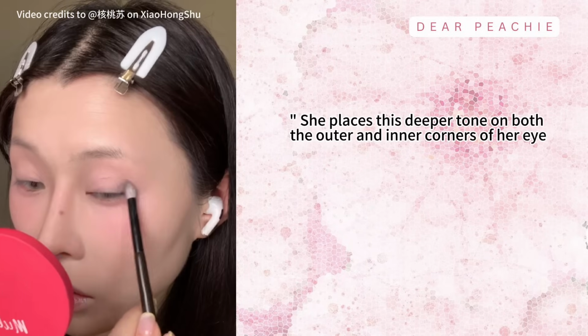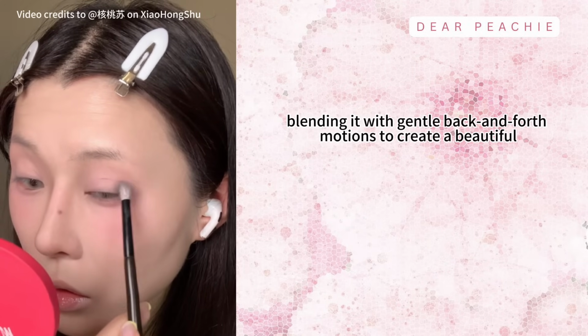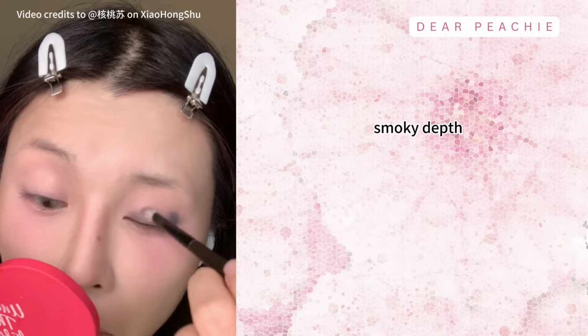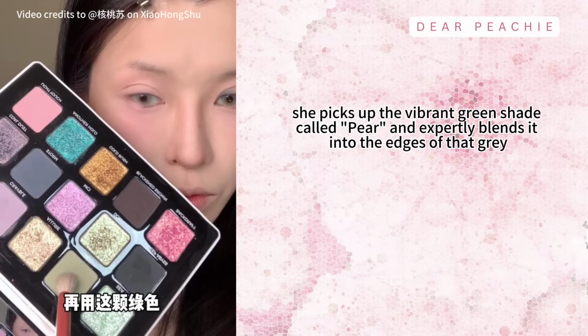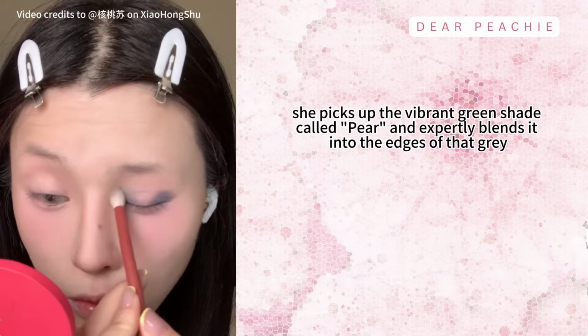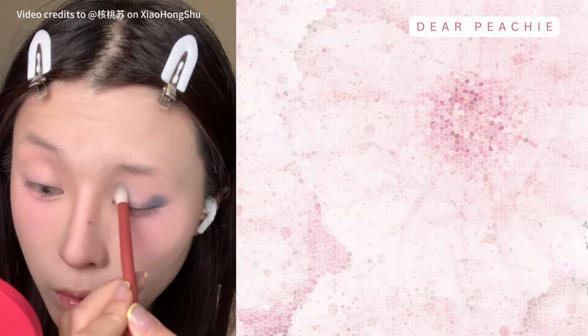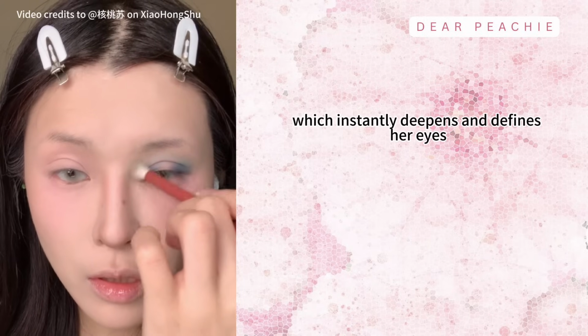She places this deeper tone on both the outer and inner corners of her eye, blending it with gentle back and forth motions to create a beautiful, smoky depth. Then she picks up the vibrant green shade called Pear and expertly blends it into the edges of that gray, creating a seamless transition. She brings this same shade towards the area around her nose roots, which instantly deepens and